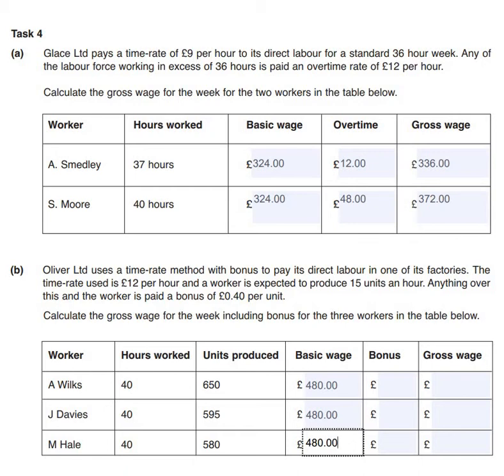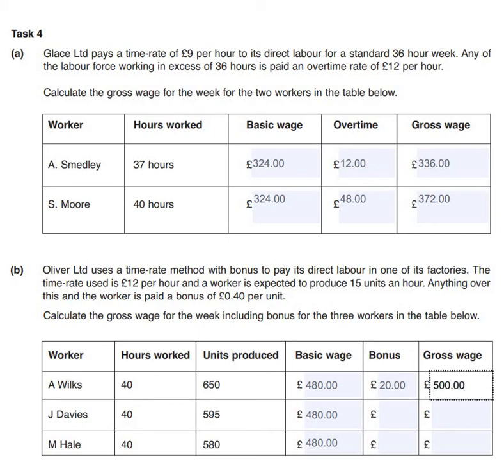So in the case of A. Wilkes, our first worker, they produced 650 units. So in this case they produced 50 units more than they were required to, so they get a bonus of 40p per unit. So 50 units times 0.4 gives us £20 bonus. And then we add that together, and the gross wage is £500